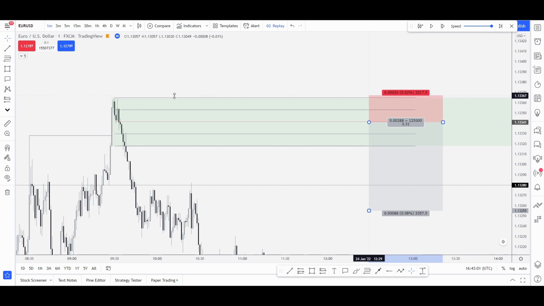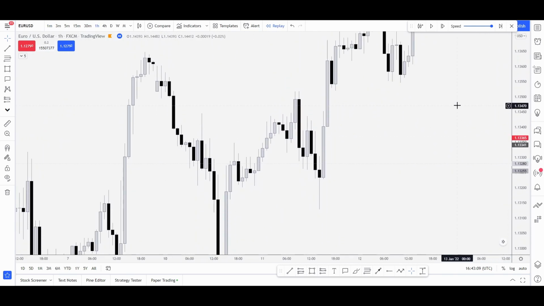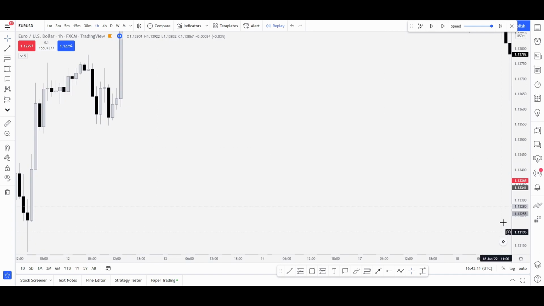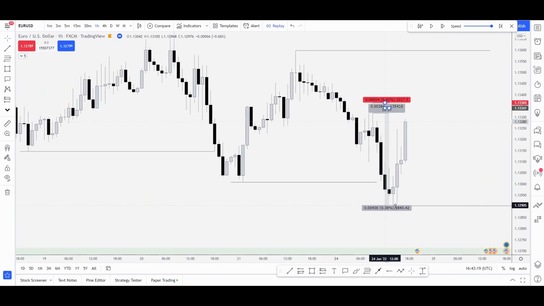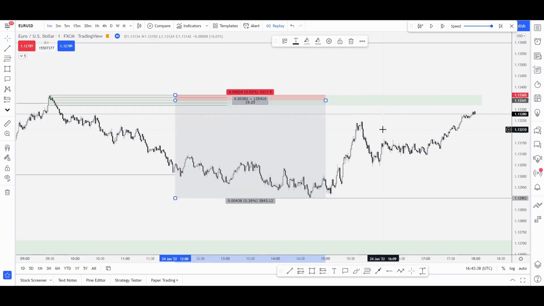But first of all, we're also going to identify where our targets are. So we're going to go back out to the 1 hour time frame because that's what we were looking at when we identified the order block. And we're going to place our order on there. So our target is all the way down here. At the moment, let's zoom in again to the 1 minute, to try and drag this across